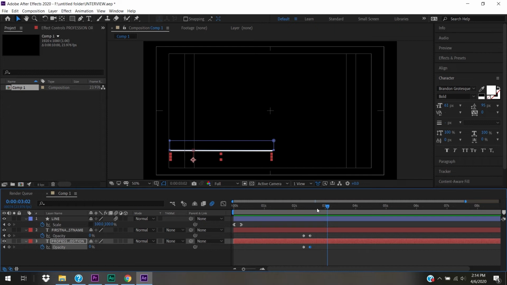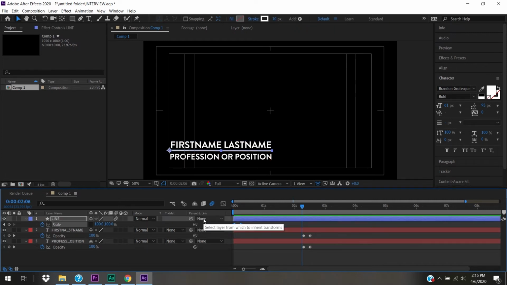All right, great. So those two things are out of there. And then maybe we can just kind of reverse the line itself to go back the way it came. So to do that, I'm just going to select the keyframes for scale here. I'm going to copy them with Control C. I'm going to move my playhead over to a good place to have it move back, and I'm going to